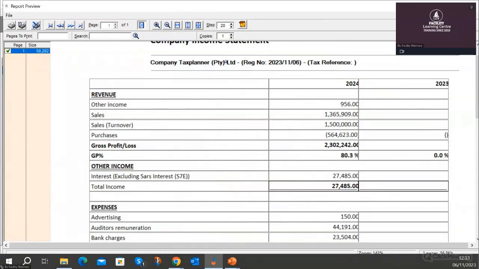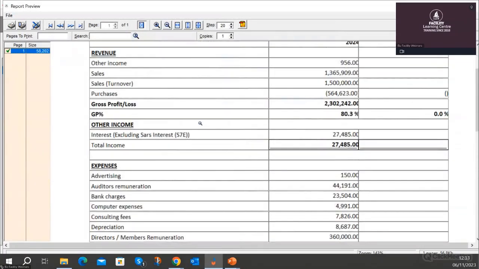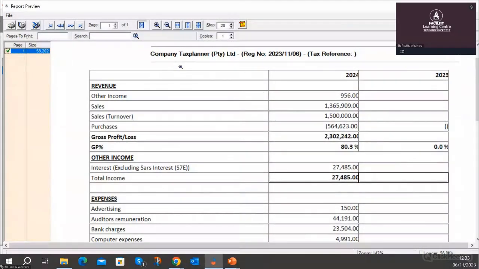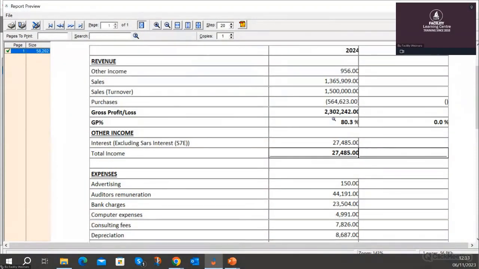So Company Taxplanner, this was the company's name, registration number, the tax reference number specifically, and it's going to list your different tax years as well. So it's going to give you your normal accounting split, which we have become accustomed to, which is inclusive of your revenue, cost of sales. It's going to work out your GP percentage, which is going to be your target GP, your gross